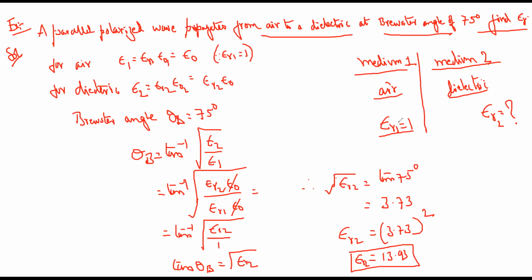In that, epsilon naught is always common in both the mediums. Epsilon R1 is equal to 1. So you'll get tan inverse of epsilon R2 by 1. Simplify that. Epsilon R is equal to 13.93. What, my students? We got epsilon R is equal to 13.93. And coming to the next example,